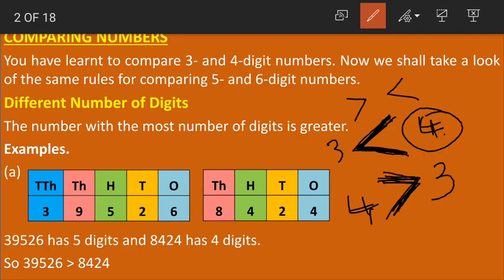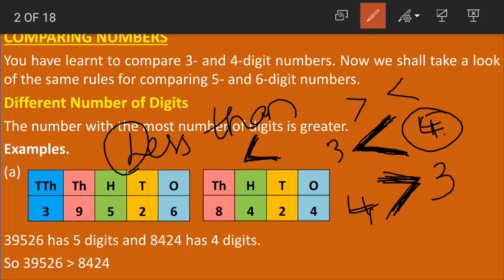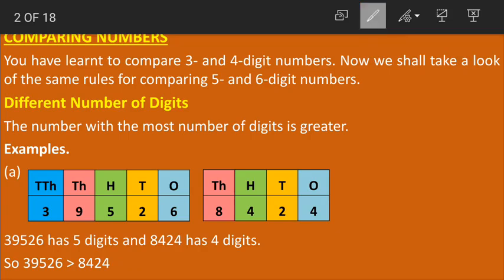Or else you can remember it in another way, that less than starts with the letter L. Less than starts with what? Less than starts with the letter L. So the less than symbol also looks like the letter L. Okay, children, if you get confused, what is this mouth and why are we opening it towards the bigger number, you can simply remember that less than starts with the letter L, so the symbol of less than also looks like an L. And obviously, if this is less than, the other symbol becomes greater than. Yes or no? Yes. Now how do we read this?